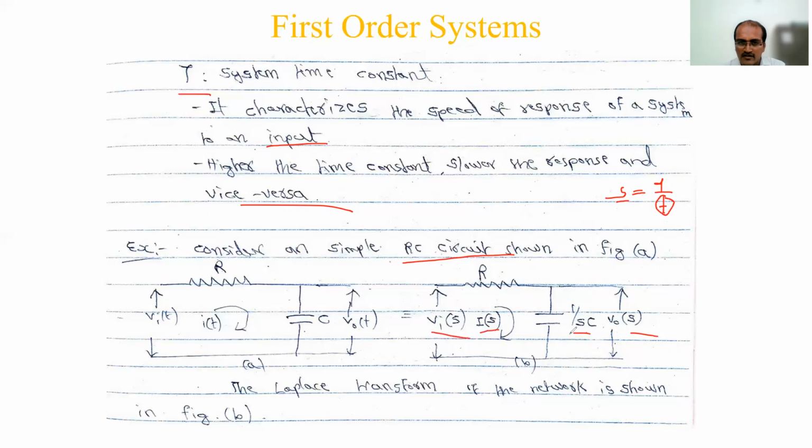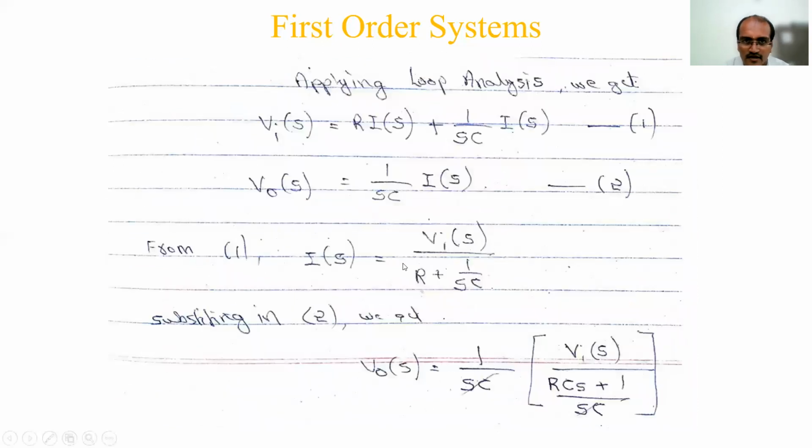Finally we'll club that and get the ratio V naught of s by Vi of s. This is a very simple one. That's why we discussed transfer functions earlier. Since you have studied it now, you are in a better stage to understand the things. Applying loop analysis we get